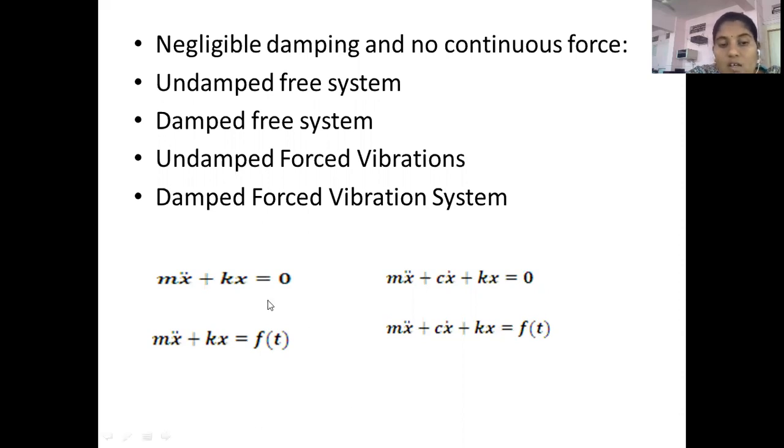And the last one is the damped forced vibration system. So damped forced vibration system म्हणजे काय, त्या ठिकाणी damping पण parameter आहे. Second one is the forced vibration पण आहे. Means damping coefficient, that is the cx dot, that is the damping coefficient will become here. And this forced vibration, that f of t will become here.